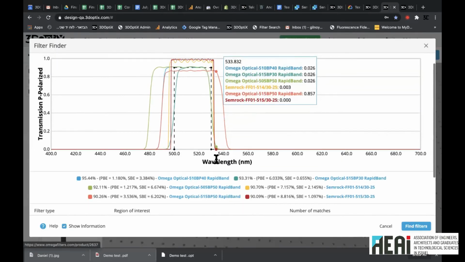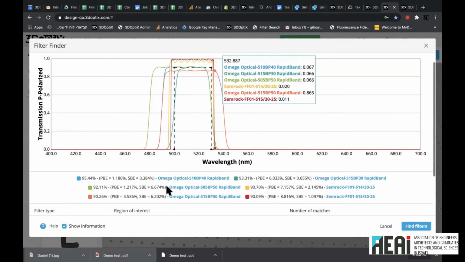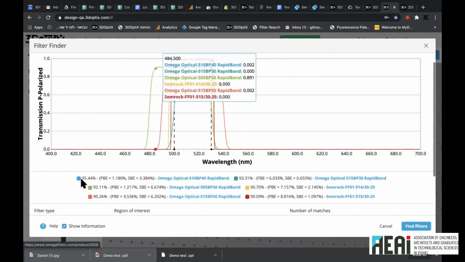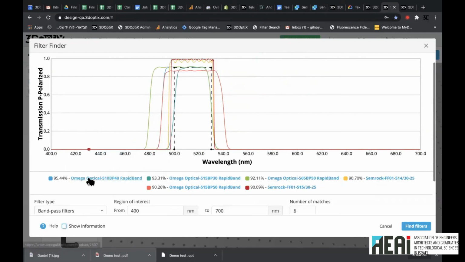What you would get here is, in black, you would see what we have asked for. And you would see here in the results what's the correlation. I'm just moving this so it will not bug us. So it's 95.44 correlation to our request. This is the Omega filter. And then they have another one with 93.31. And Shamrock has